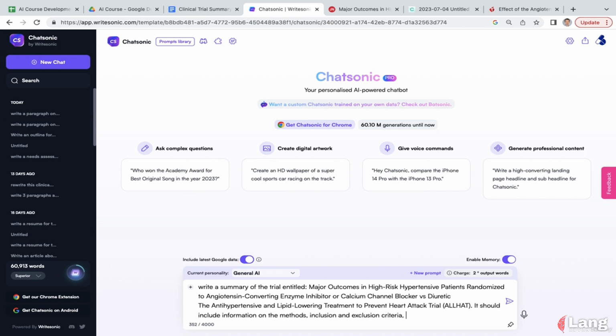I know that's technically part of the methods, but again, it's best to give these writers the most detail you can possibly give them. So inclusion and exclusion criteria, number of patients,